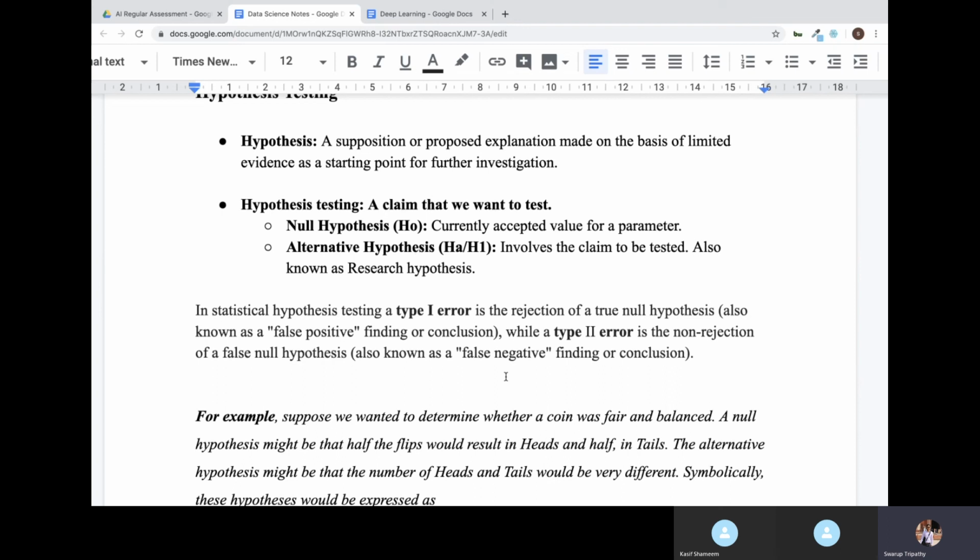Once you understand true positive, true negative, false positive, false negative, all this comes into the confusion matrix, where you will understand it much deeper. But for now, just remember that type 1 error is the rejection of a true null hypothesis, and type 2 error is the non-rejection of a false null hypothesis.